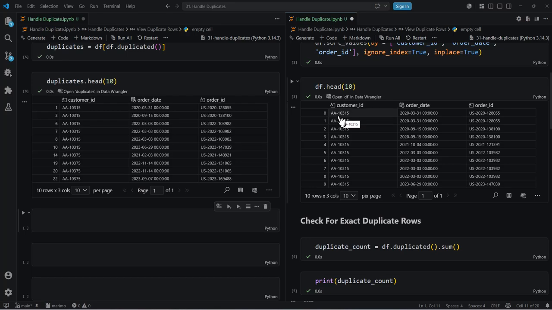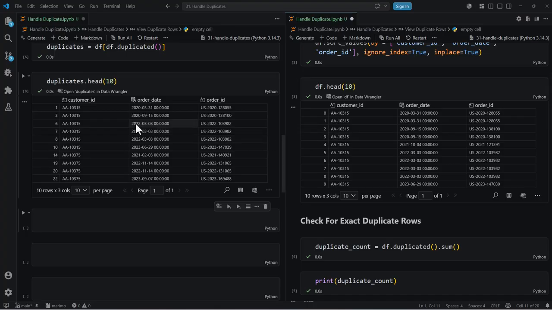So you can see here, this is the second occurrence for order date 2020-03-31 for order ID ending with 128055. Since we want to see only duplicate records, it has deleted the first occurrence and kept the second record. Similarly, for order ID 138100, which was placed on order date 2020-09-15, it has deleted the first occurrence and